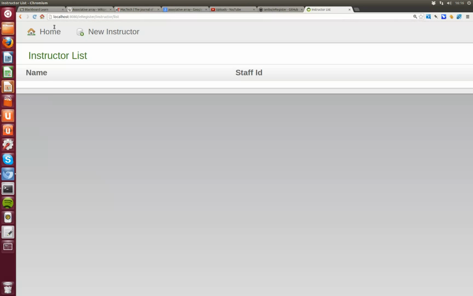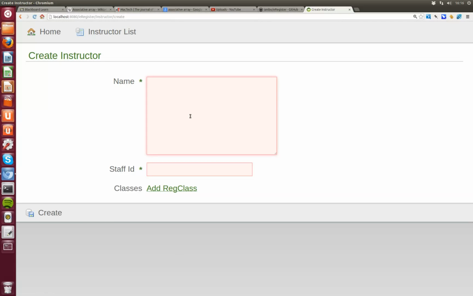Okay, and you can see that it's gone to the index page, which, if you remember, then redirected us to the list page by default. And obviously there's nothing in the database right now. So let's click new instructor. Name, that would be me, staff ID. Okay, and